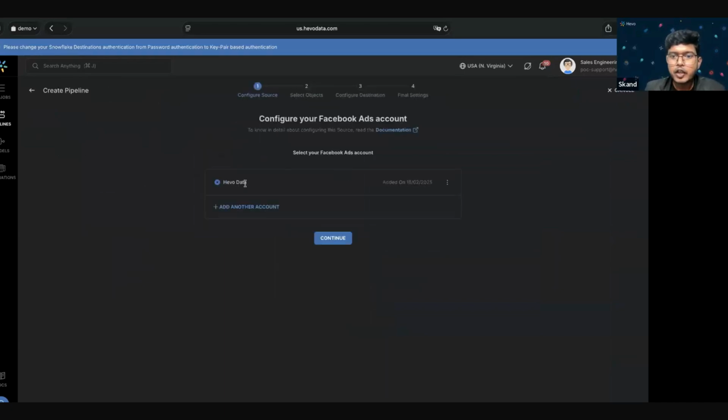Yeah. So here I have already added my account. Otherwise, you can add your account and it will redirect you to the Facebook login page where you can enter your credentials and the account will be added here. Now, once I hit continue,